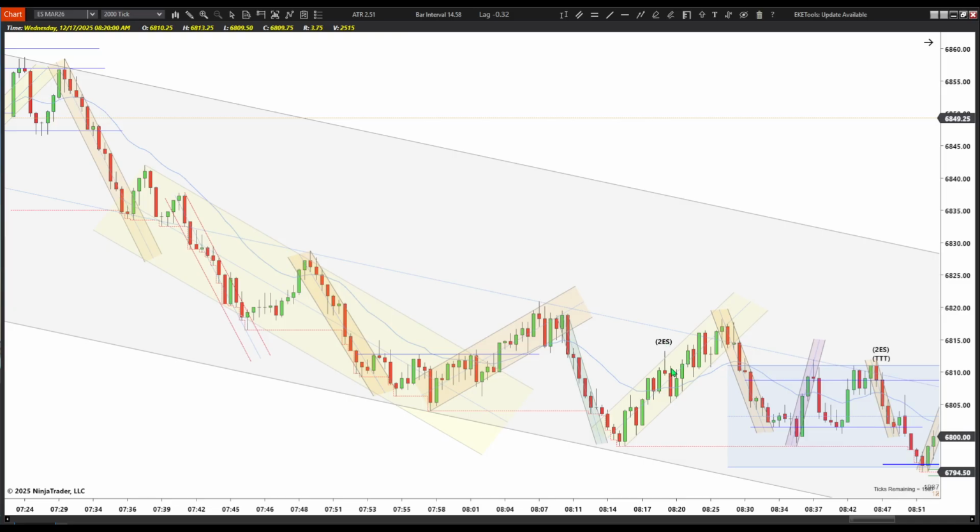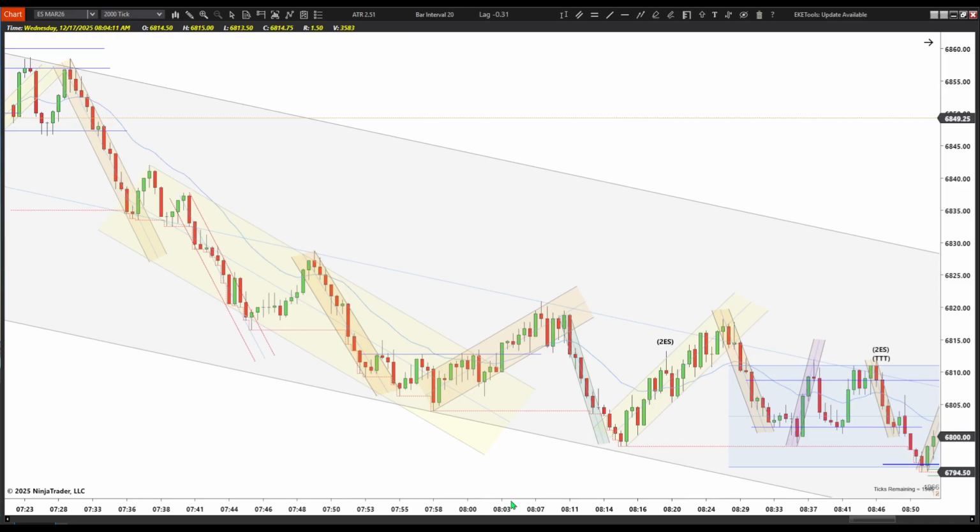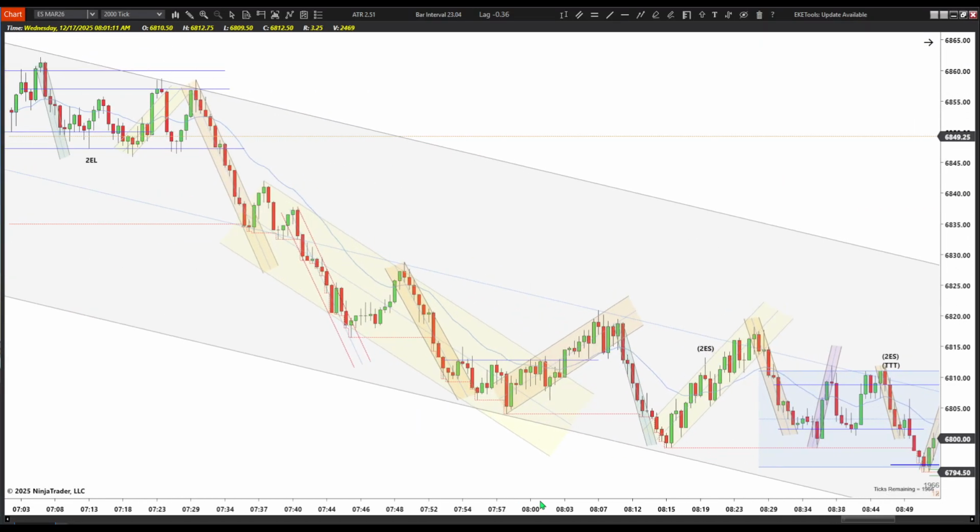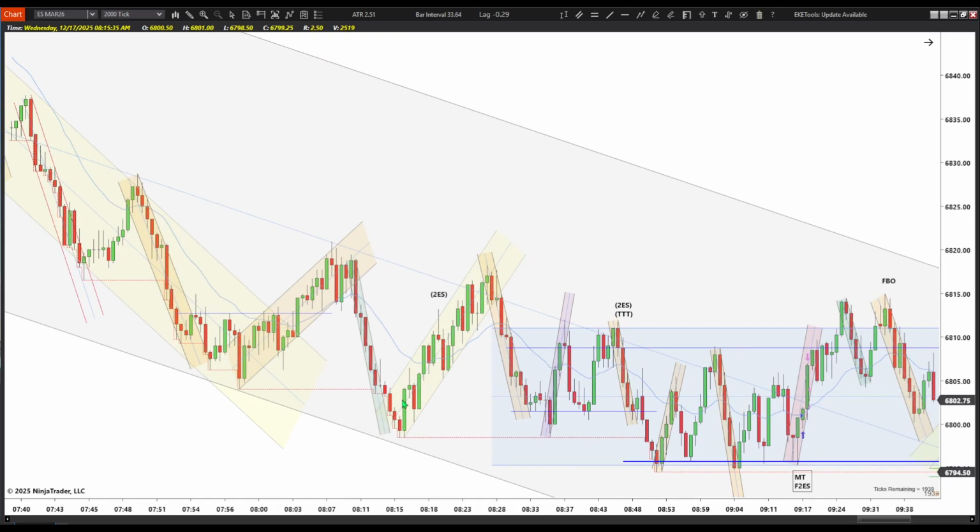I marked it as an almost trade because it's above the EMA. Overall bias is still bearish. I'm keeping that in mind, and it's just above the EMA. I needed a lower high up below the EMA to feel confident taking a short. It never shows up. Pushes up, moves up on this yellow channel, breaks on this orange down channel, and you